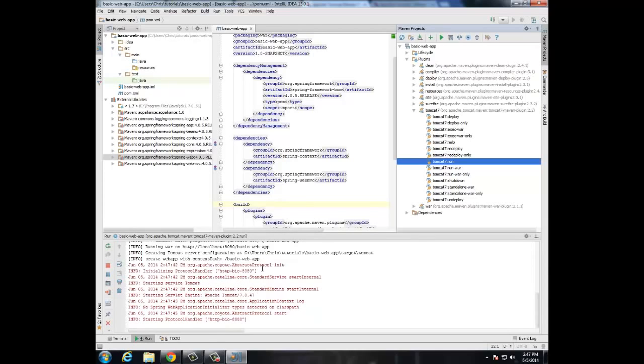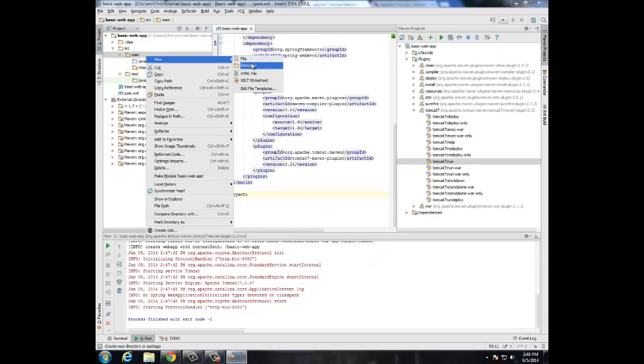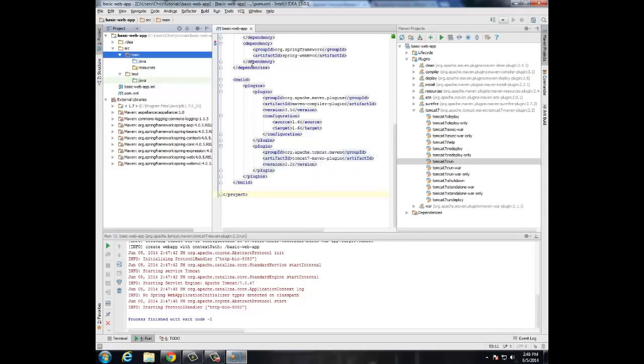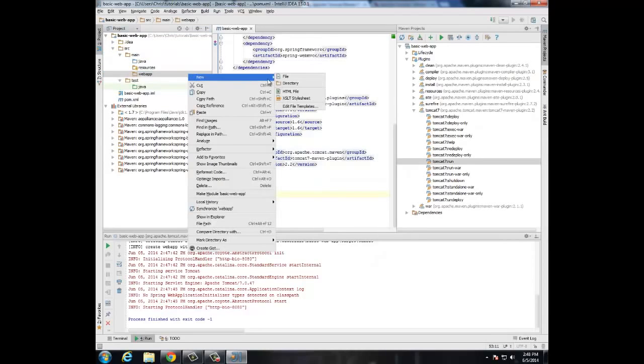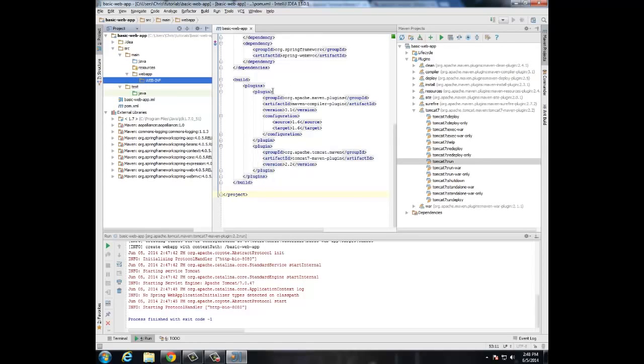but we don't have anything configured, so nothing will happen if we go to our context path. So we're going to stop the execution of the server, and we're going to create a webapp directory, which is a standard directory in Maven, which contains our web resources. So we're going to go to main here, and we're going to create a new directory called webapp, and inside that is where we will store our WEB-INF directory, which is a standard directory that servlet containers will look for when trying to find the web application descriptor file, which will be called